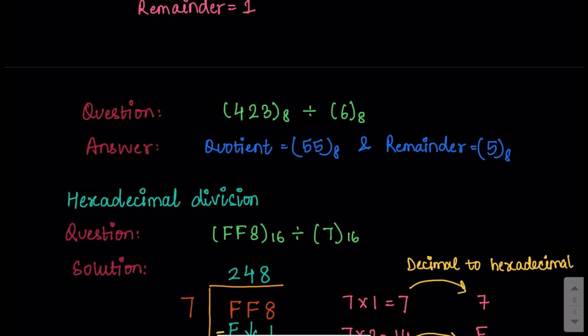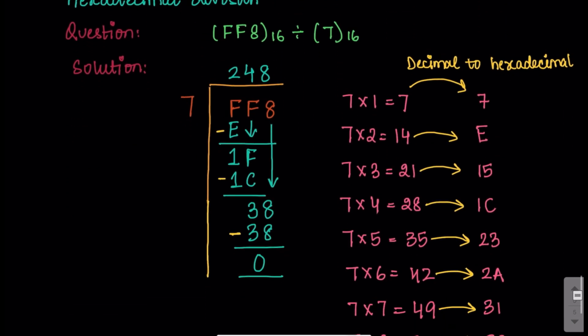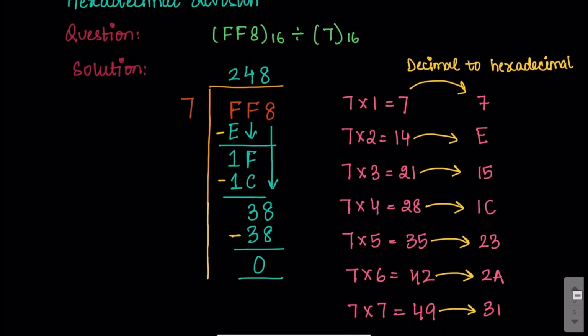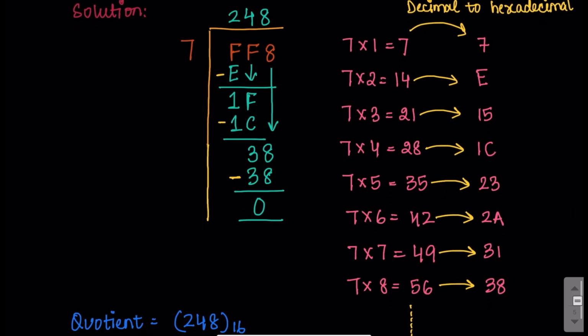Let us now move to the hexadecimal division. So basically the rule is the same, that you need to have the multiplication table written for yourself as per the hexadecimal number system now. And in hexadecimal there are 16 possible digits from 0 to 15. So we start with this example, FF8 divided with 7. So first of all, to perform this division, we need to maintain the table for 7 as per the hexadecimal number system.